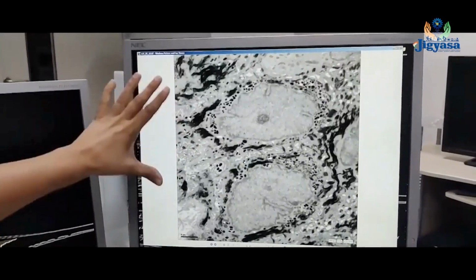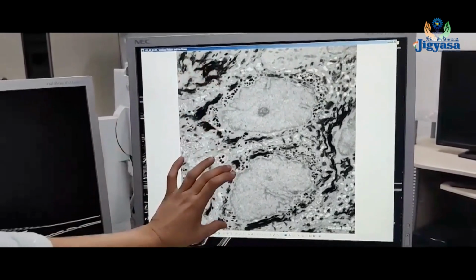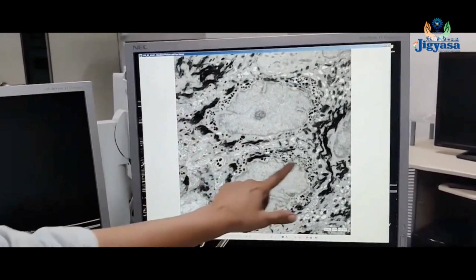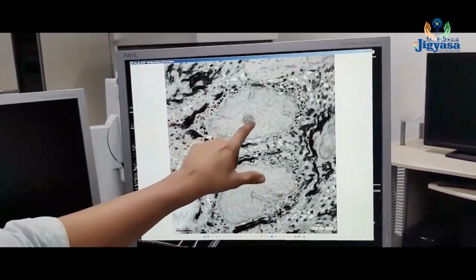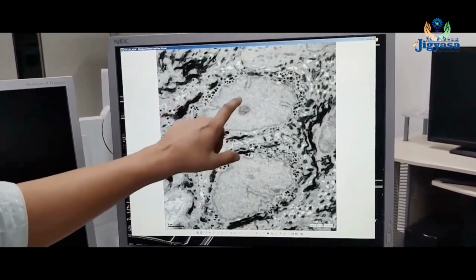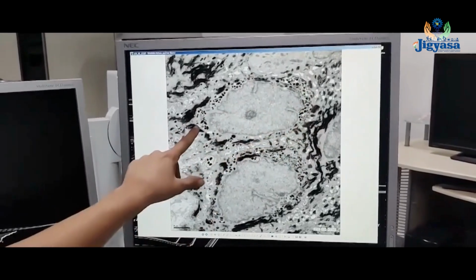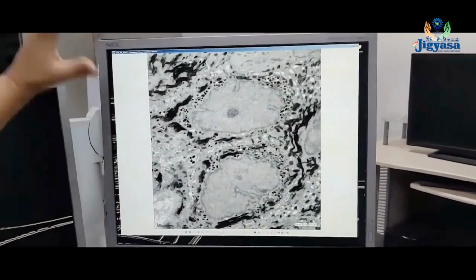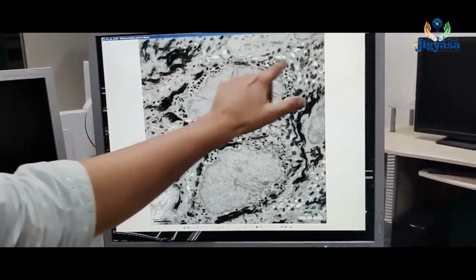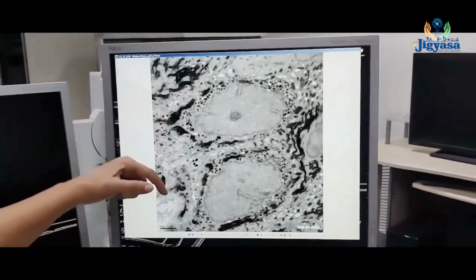This is a skin sample, a human skin sample, and what you see is two cells here. Now how do you know these are two cells? Because you can see one nucleus here, in a grey line, and the other one is here. So these are two cells, and what you see in between, please don't confuse this as the nucleus. This is the nucleolus. So nucleolus followed by nucleus, and then what you see here is actually the cytoplasm. And skin, as most of you would be aware of, contains a lot of pigment, the melanin pigment, which you see as these black pigmented electron dense granules. So this is what gives our skin the characteristic color.